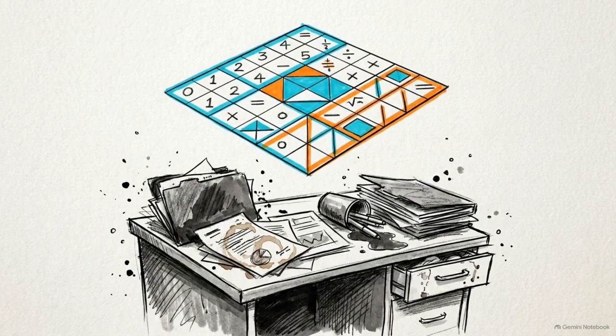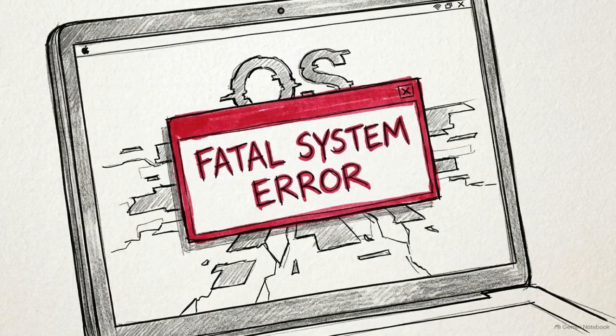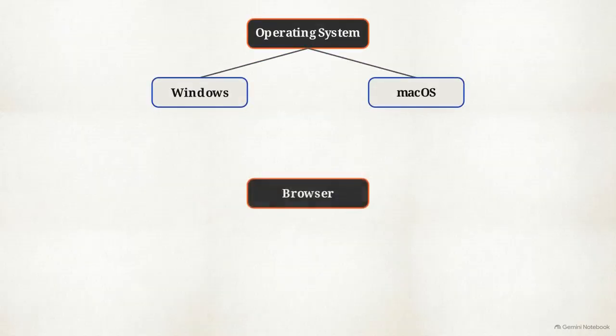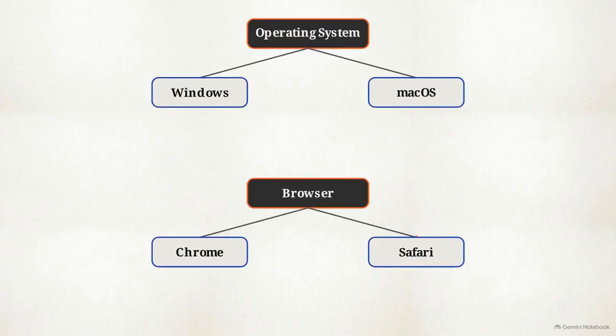Pure mathematical algorithms do not understand business logic. Left unchecked, the pairwise matrix generates impossible combinations, like running the Safari browser on Windows. To solve this, we use the classification tree method. This maps the inputs hierarchically, allowing us to explicitly draw a constraint line linking Safari strictly to macOS, mathematically blocking